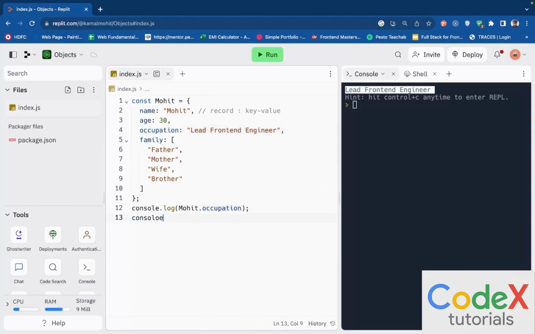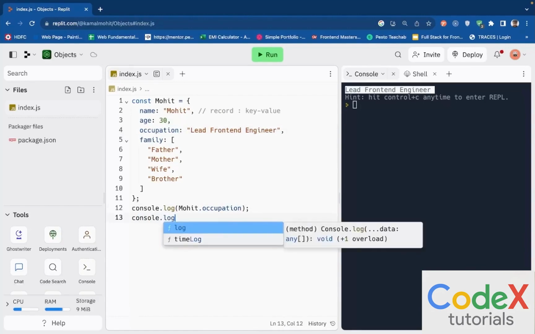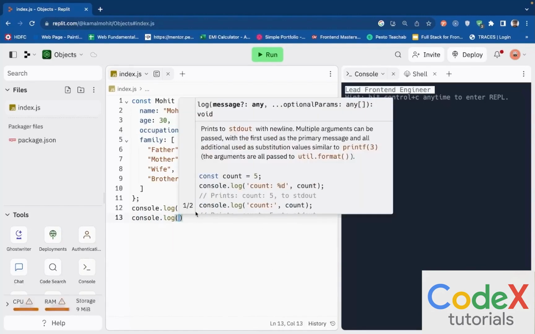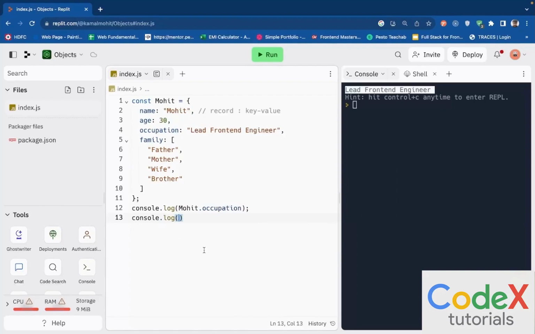Now, let us say that I wish to access the same value. I'm going to use bracket notation, and these two are used interchangeably, but most of the time you will be using the dot operator because that is a much more intuitive way of accessing properties and values inside of an object. So in order to do this, I can do something like this, and I'm going to say occupation,